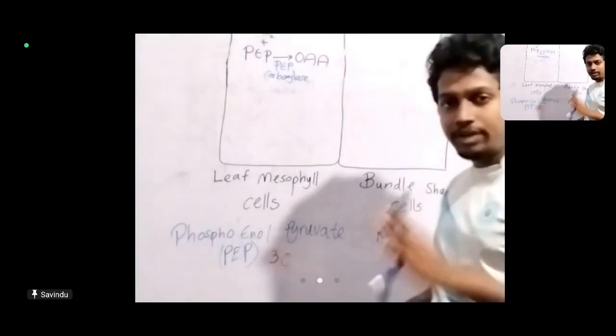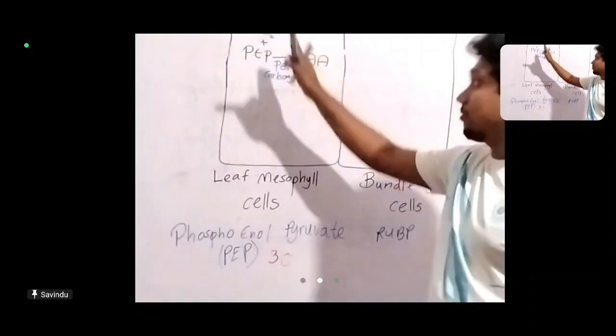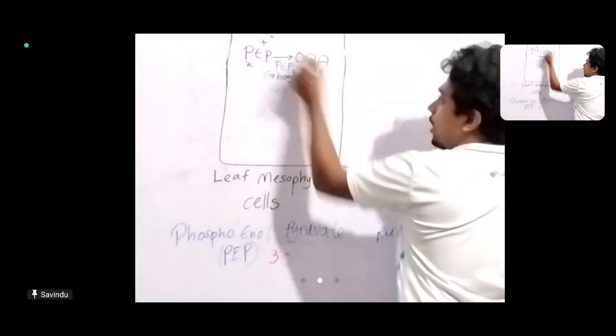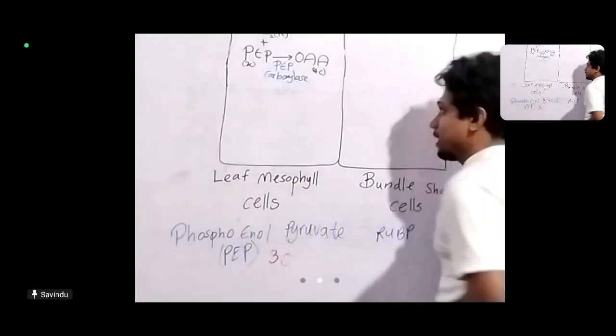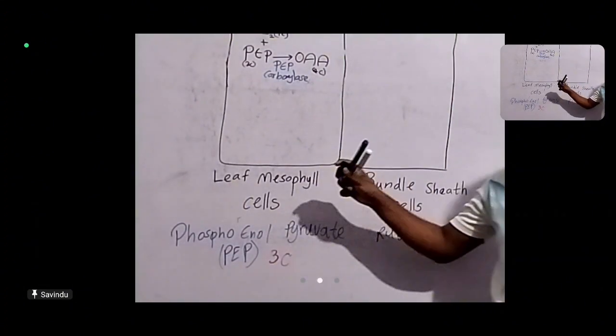So straightforward. PEP is transformed into oxaloacetate, which has 4 carbons now, from 3 carbons, with the addition of carbon dioxide. Now what happens? This oxaloacetate